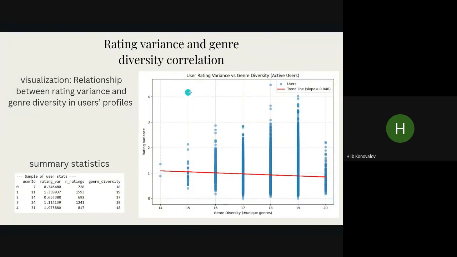So next, rating variance and genre diversity correlation. Here we can see the correlation between rating variance and genre diversity, which means that... sorry, I'm nervous. And we can see number of ratings and the